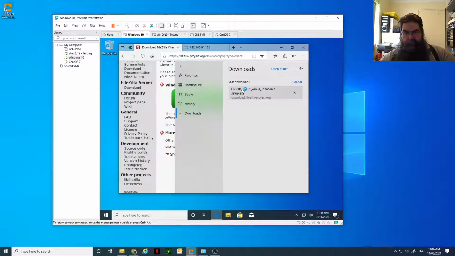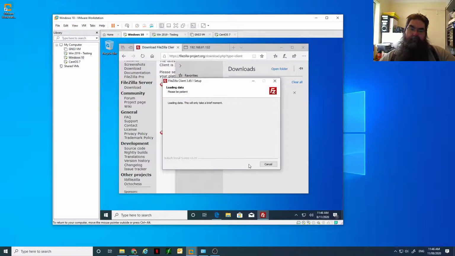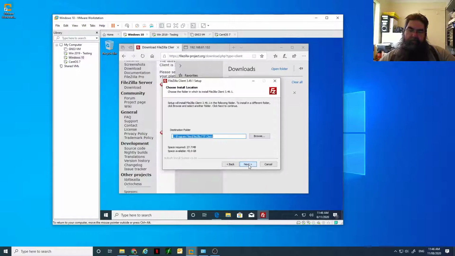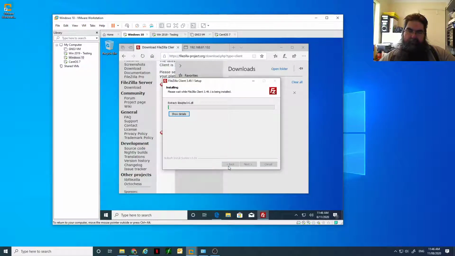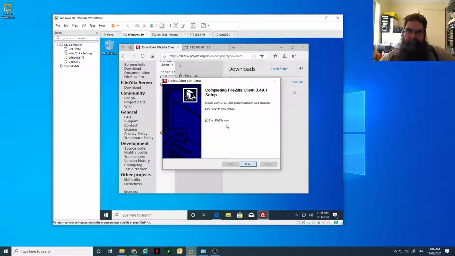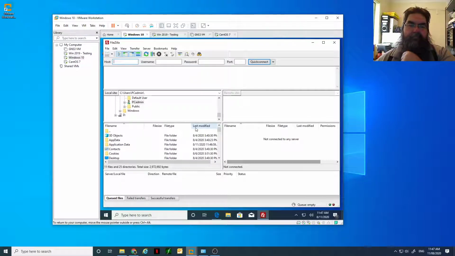So we can run this. So this is just an FTP client. So we can just set this up on our host machine. Okay, so this is FileZilla, which is a very basic connection,